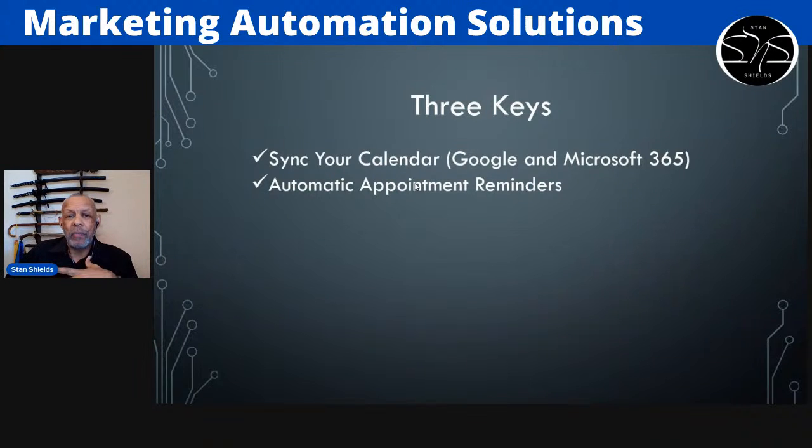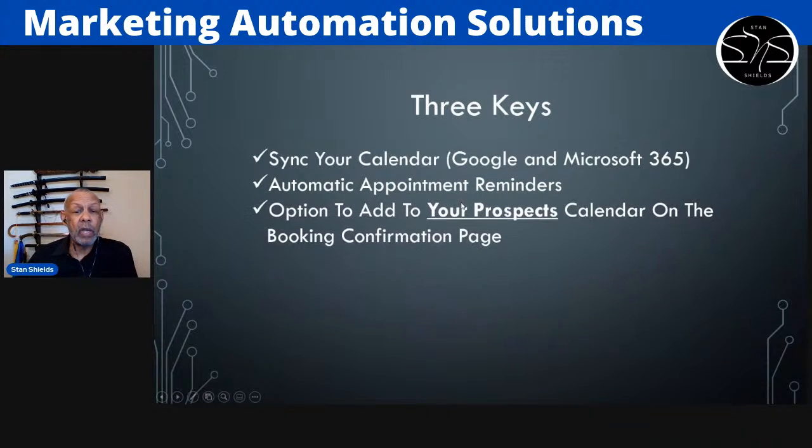My calendar appointments are set on a reminder of 48 hours out, then they'll get another one 24 hours out, and they get another one 15 minutes out before our actual appointment. So you figure out what works best for you and what makes the most sense for you in your environment, okay? But the third one is probably the most important of all of them, and that is,